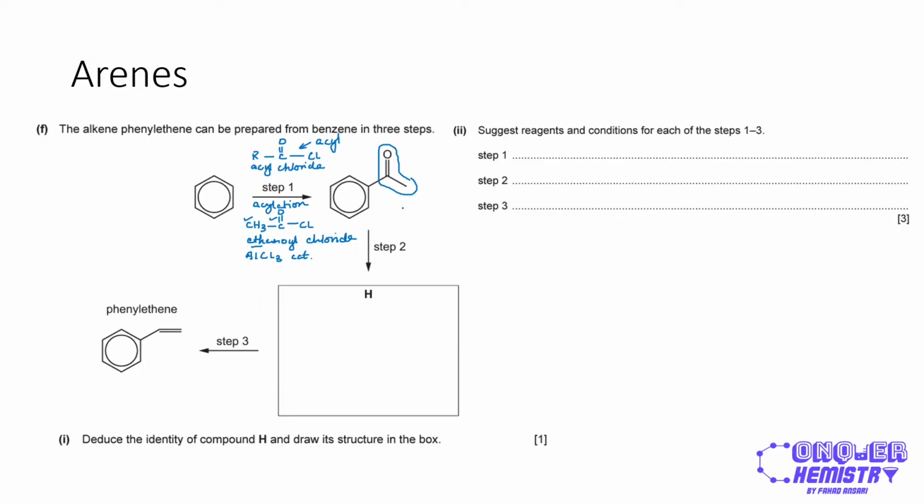Once we have this acyl chloride, the next step is to reduce the carbonyl group over here, and we will get an alcohol group out of this. Basically, for step 2, this is reduction, and we will need NaBH4 as our reducing agent to convert the C double bond O into CHOH. So this is a secondary alcohol group. Now, because we still have a CH3 over here,